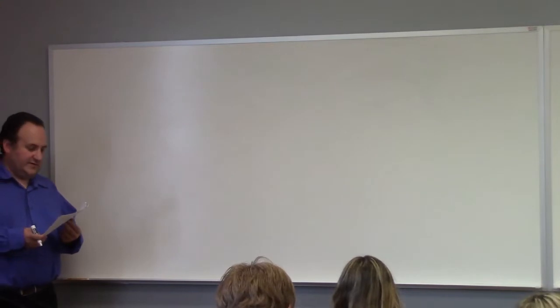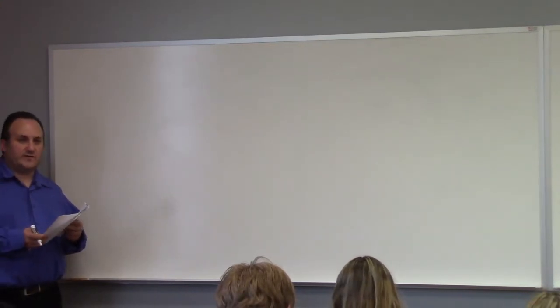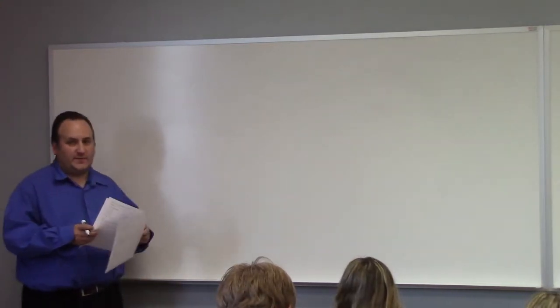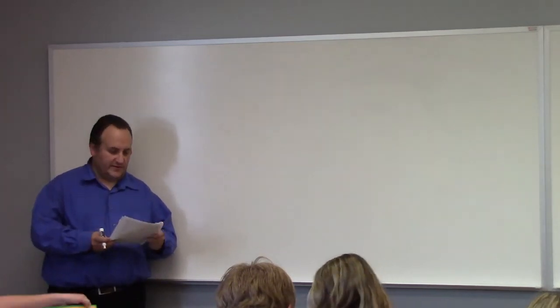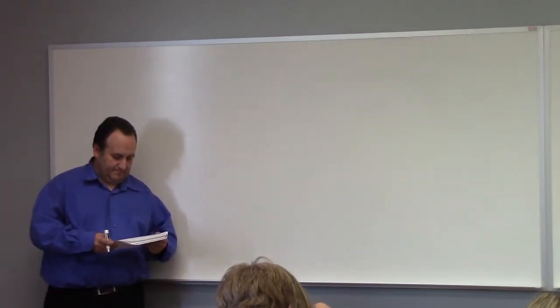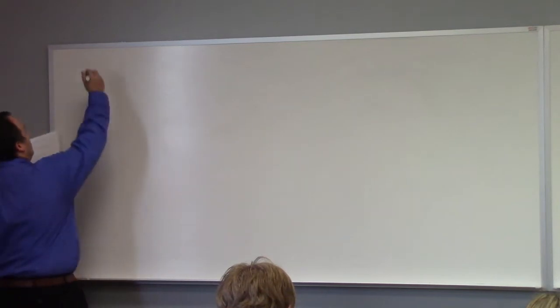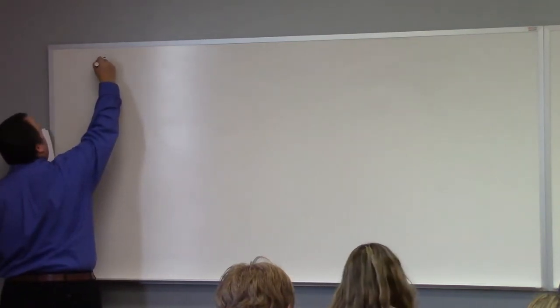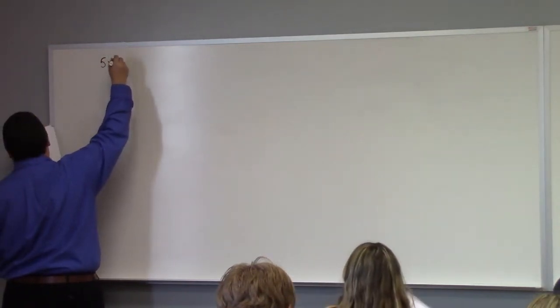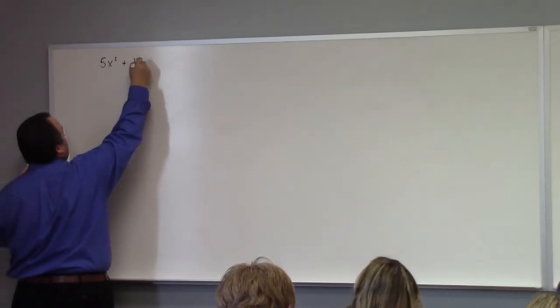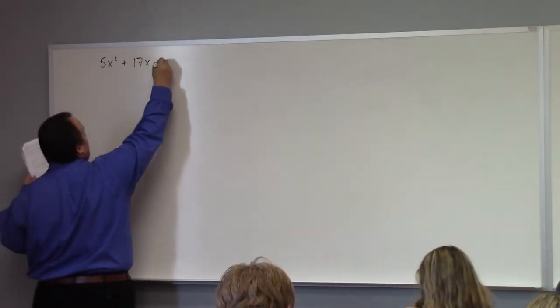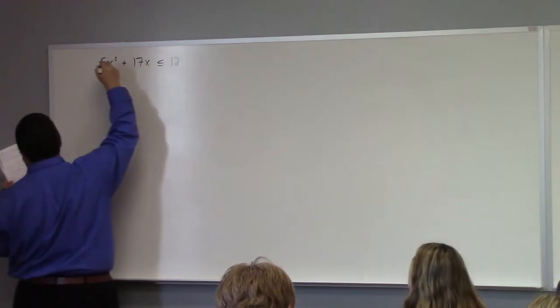If there are no particular questions, let me just dive into some problems in the homework which are similar to things we've done before, but not quite the same pattern. All right, so like here's one. 5x squared plus 17x less than or equal to 12. Now this one